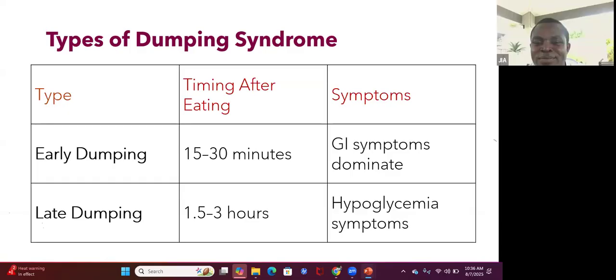Now let's look at types. So there's a trick here too on the NCLEX. Most of the times, early signs of most, not all, that's what I'm saying, it's a trick. Most of the times, early signs of lots of things, you have GI symptoms dominating. So think about